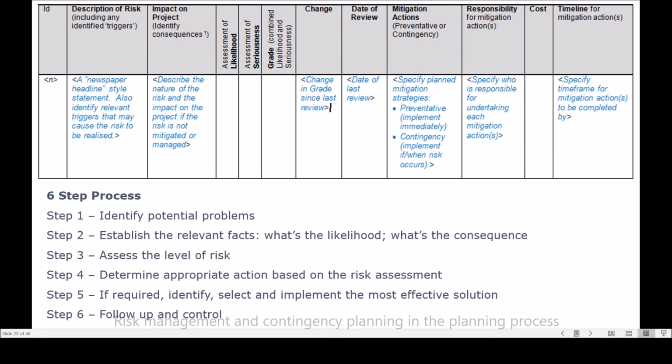So we would go through a 6-step process, such as the one on this slide. We would identify the potential problem. We would get the facts. What's the likelihood? What's the consequences? Do the assessment of the risk. Determine the appropriate action to take, the treatment. We would pick the most effective one. We would implement it, and then we would do the follow-up. And that follow-up is really critical, the review, to make sure that it's hitting the mark,